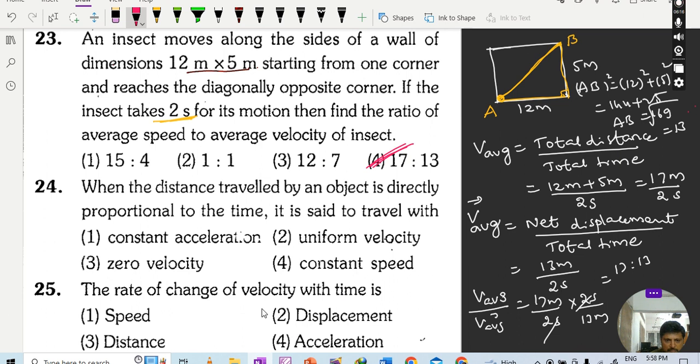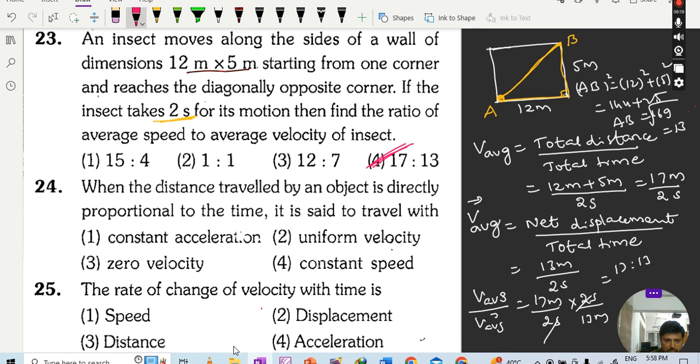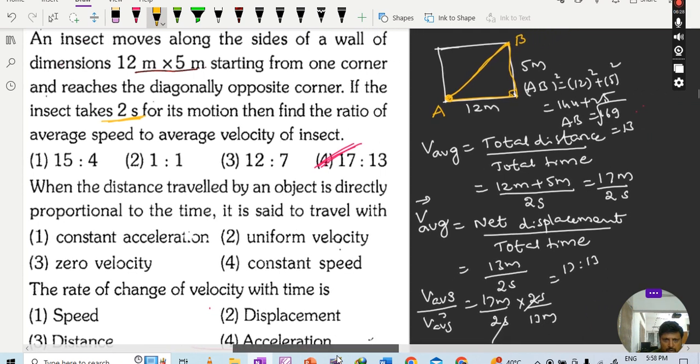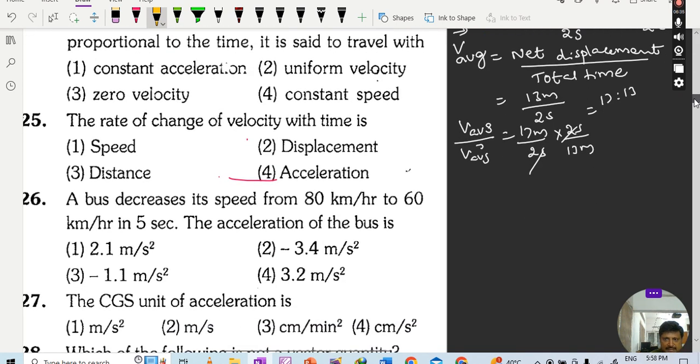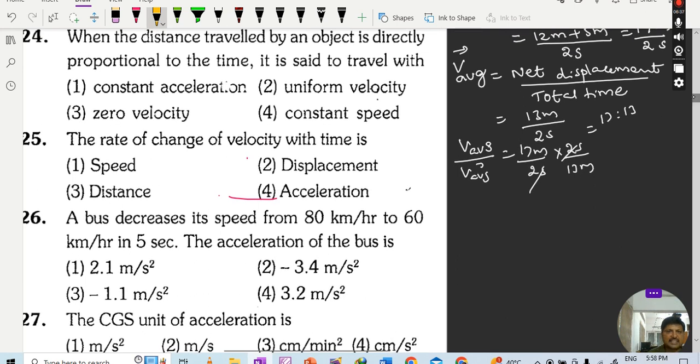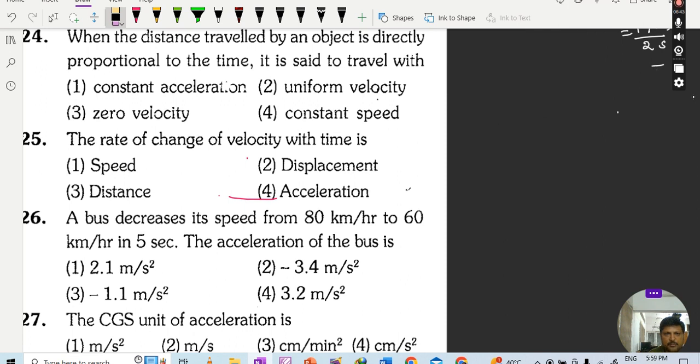24th question. When the distance traveled by an object is directly proportional to time. Here, when the distance traveled by an object is directly proportional to the time, it is said to travel with